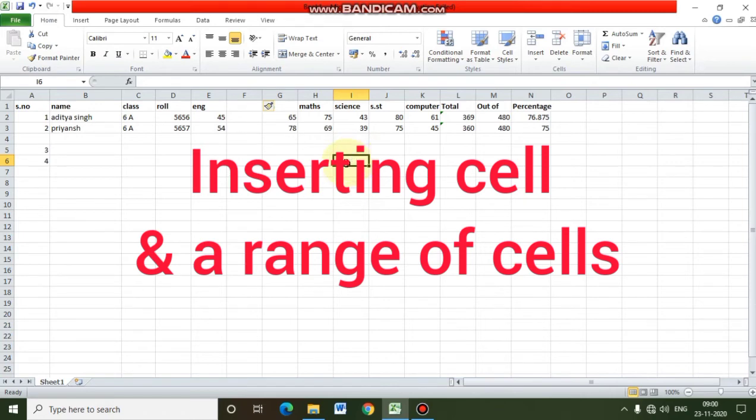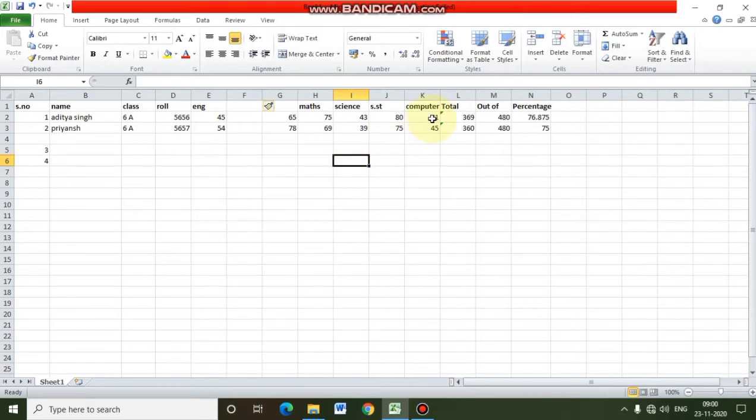Next thing is about inserting a cell or a range of cells in your MS Excel. Suppose here, like above number 61, you want to insert a new cell under the computer option and above 61.